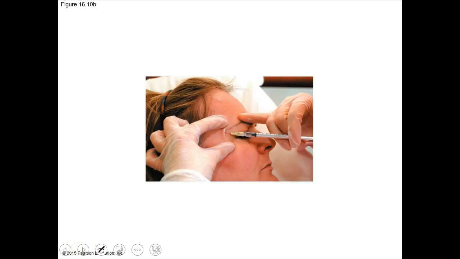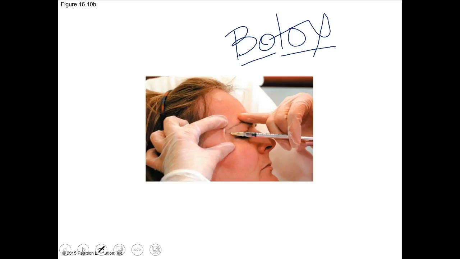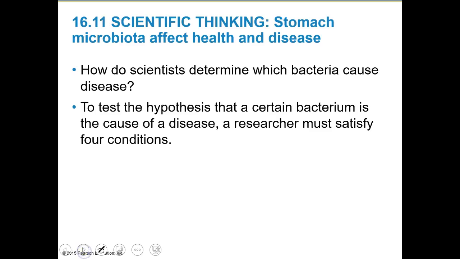So when people say they're getting, oh my God, Botox, they are literally adding botulinum toxins to their face, which seems to be okay for a lot of people, but I don't know. I'd rather take my wrinkles than put botulinum in my face. That's just me, though. It is what it is.